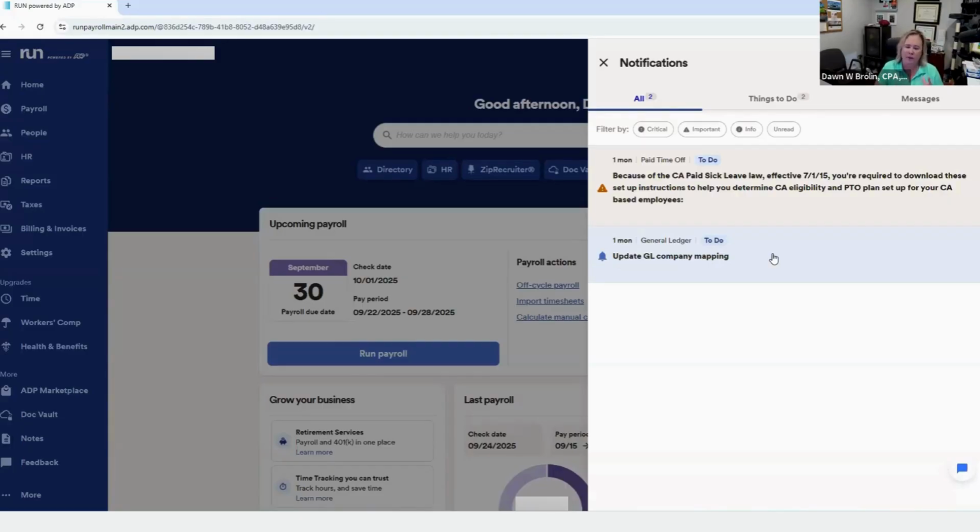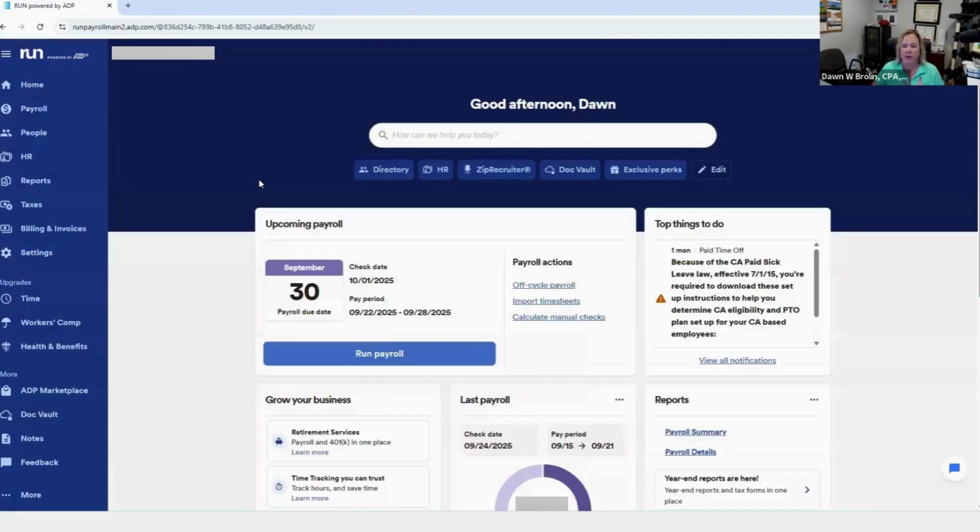You may have to participate. It depends on what accounting software you use. But the GL mapping works really, really well and allows for the elimination of manual journal entries or anything happening in your accounting software in a manual way. So I wanted to point out those couple of things while we're in notifications. That'll be one area that I would pay attention to.